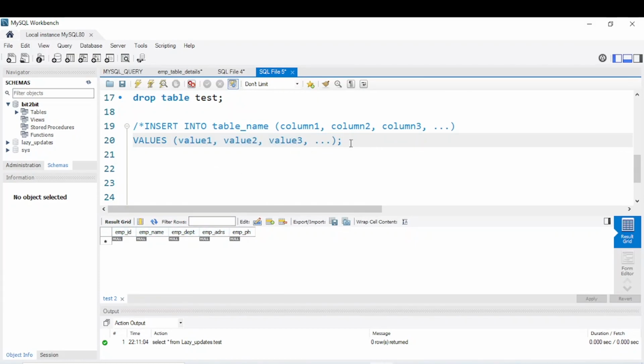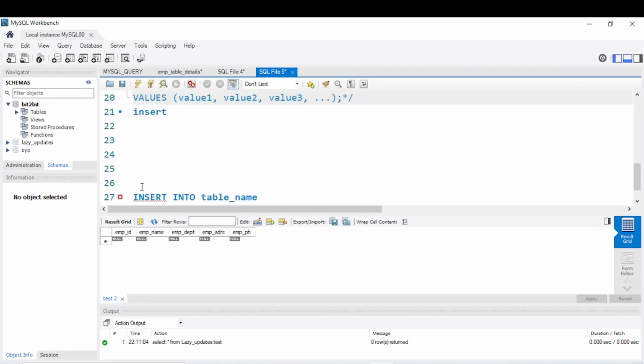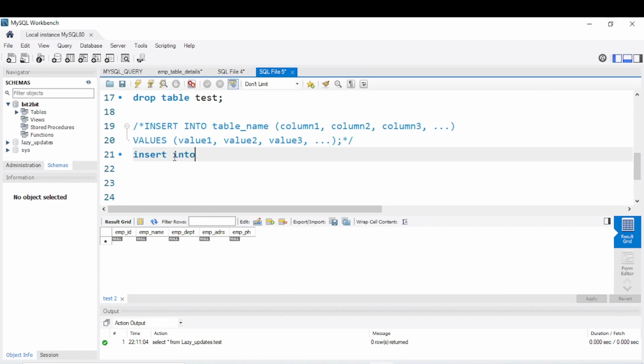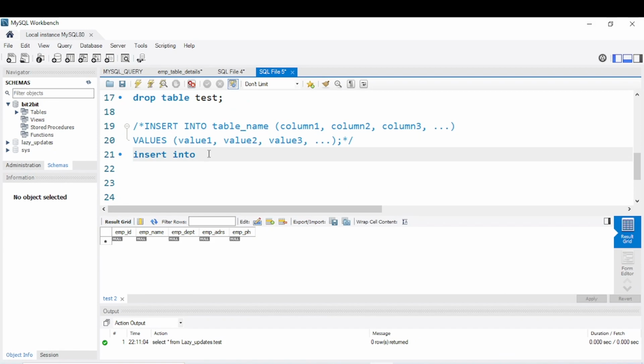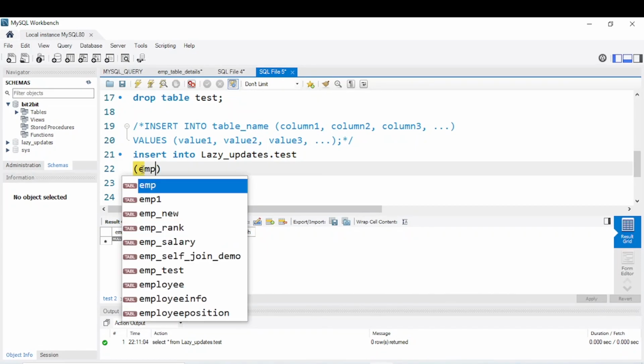Okay, let's start. First we write INSERT INTO and then the table name. We have to specify lazy updates dot test, because by default it's taking another database. So we have to insert the values in the lazy updates table, that is test. Then we open the bracket and give the column names. The first one is emp id,